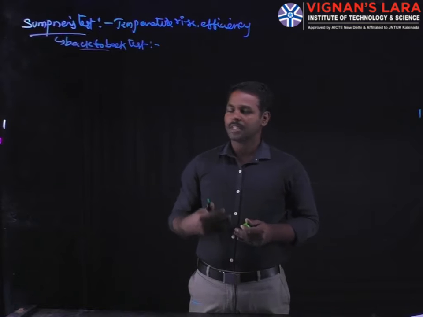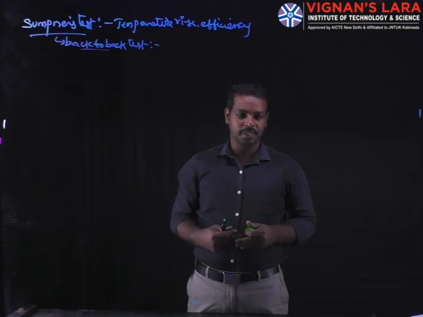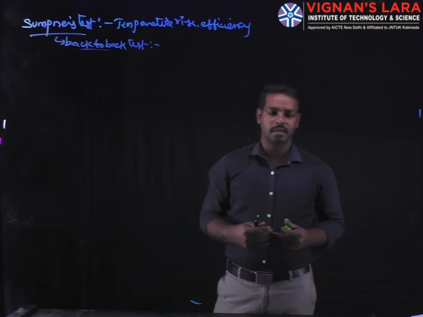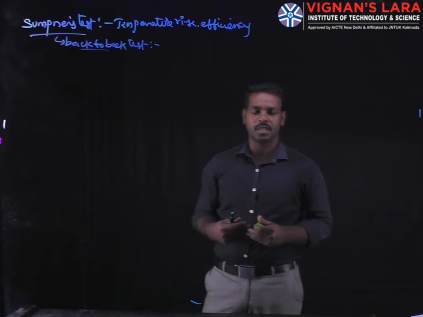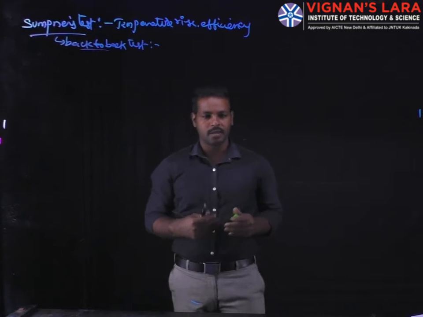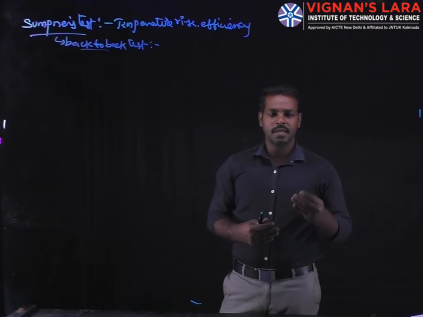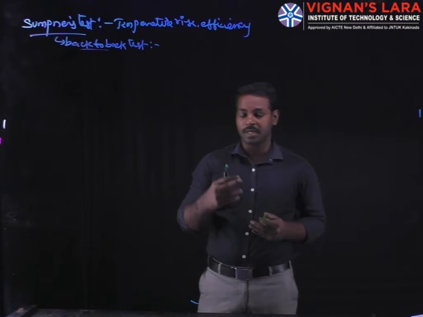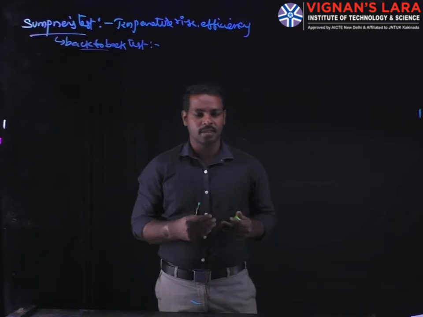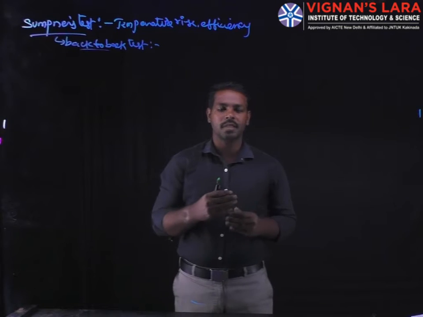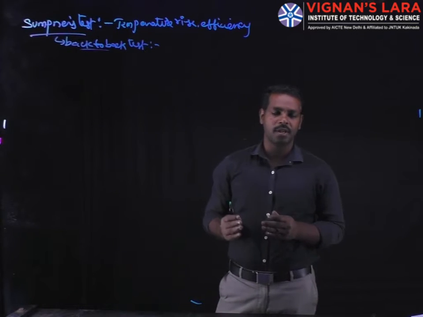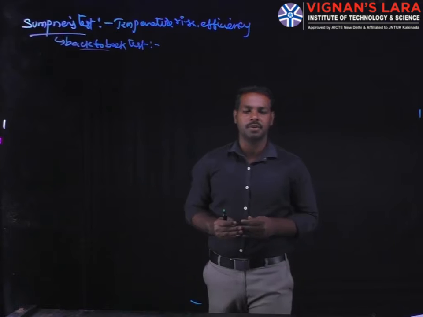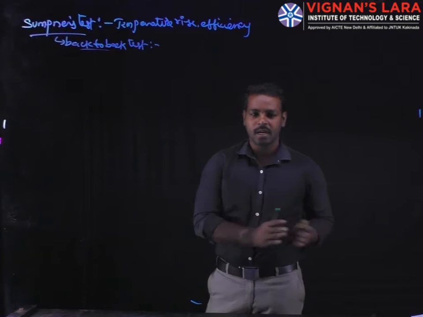The second one is the short circuit test, which is always conducted on the HV side. There also we get three parameters: short circuit voltage, short circuit current and short circuit power. From these we get two parameters, iron losses and copper losses. These are two independent circuits, and only by combining these two do we get the efficiency of a transformer.